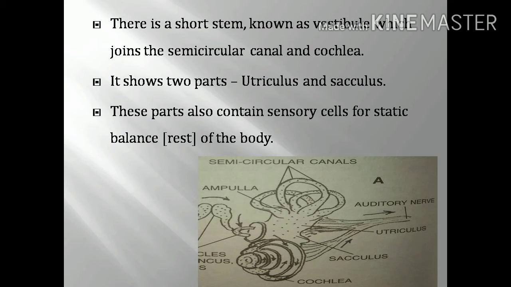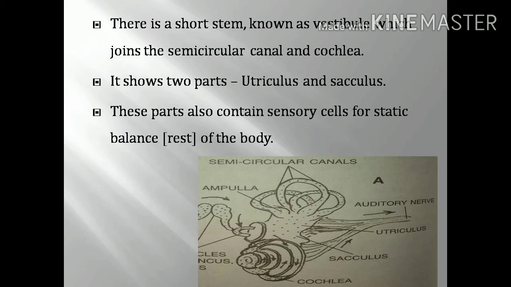In the diagram you can observe the semicircular canal and the cochlea, and in between them we can see the utriculus and sacculus. In the cochlear region, we can see the three canals: the vestibular canal, median canal, and tympanal canal. And in the semicircular canal, we can see three half-ring-like structures. They are 3 in number, and one end of each canal is swollen. That part is called the ampulla, and it is filled with the fluid endolymph.